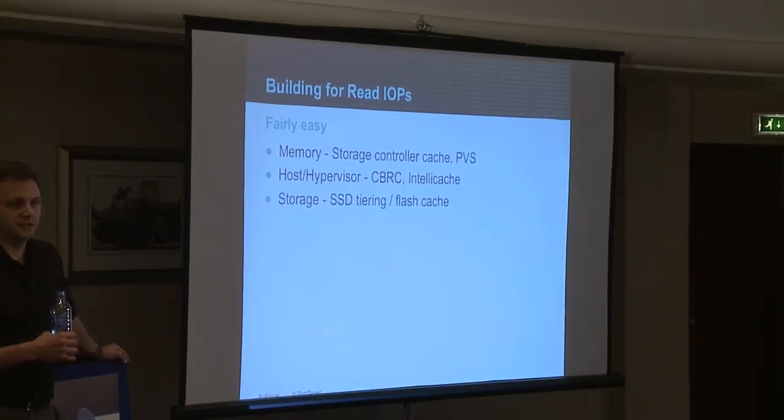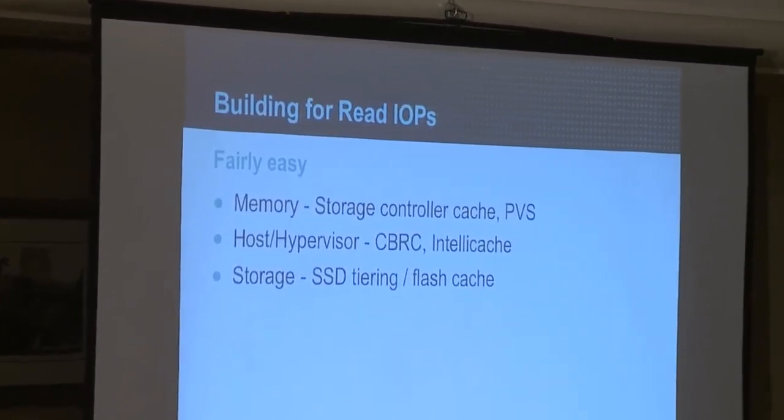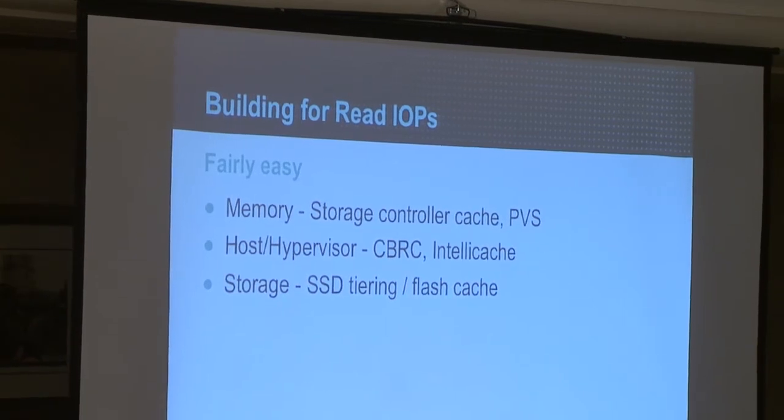If you're using linked clones, your replica is being put up into that memory layer and served out of memory, and that's one way of addressing the read IOPS coming out of a VDI environment. If you're deploying Citrix solutions, the other place where we would use memory is a technology like PVS, Provisioning Server, where it loads the parts of the file that are being accessed into memory and serves them out of memory, caching that data so it doesn't have to go down to spinning disk or SSD.